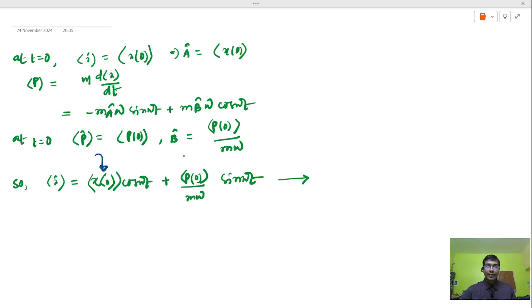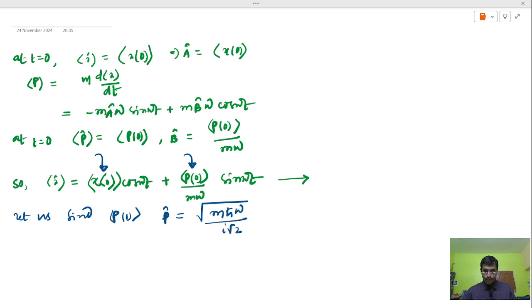This is the expectation of x and the expectation of p at t equal to 0. To find this result, let us find the expectation of p at 0. We have the formula, p is basically i times root of m h cross omega over 2, times a minus a dagger. So the p expectation would become,